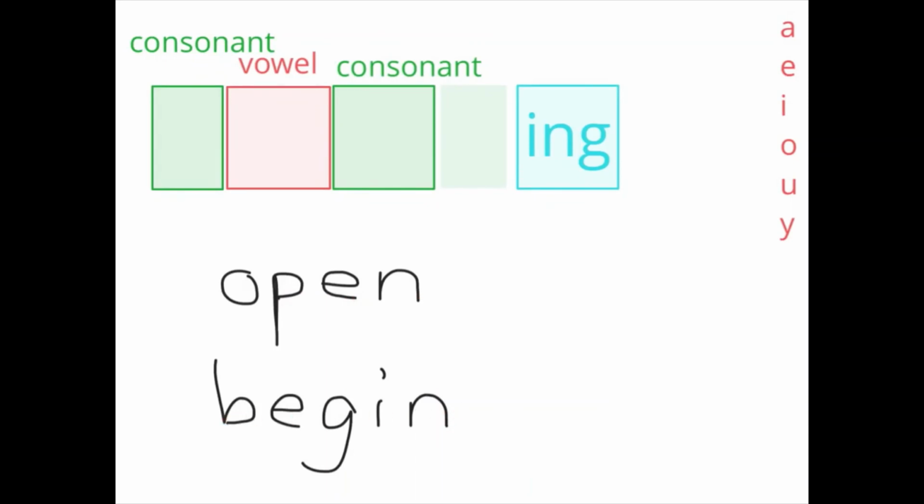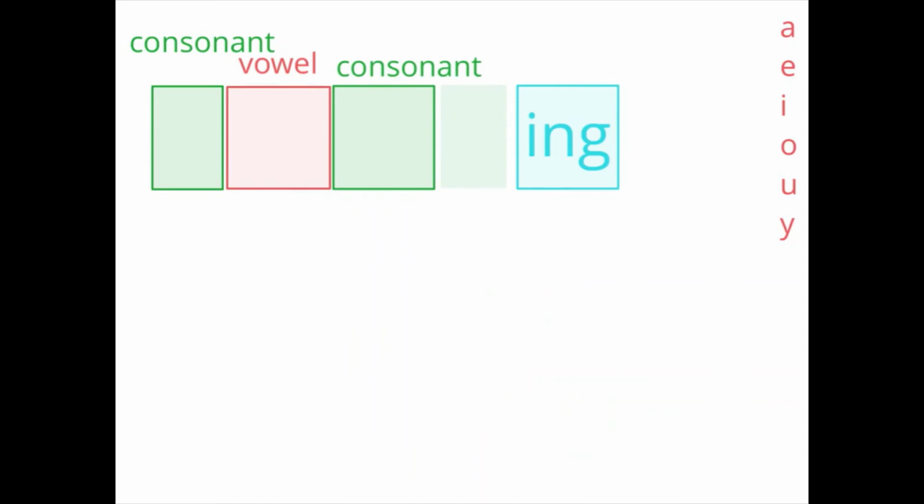We want to decide if with the word open, we are going to double that final N and then add the ing, or if we are not going to double the final N and then add the ing. And with beginning, the same thing. We are going to decide, do we need to add another N, double the N, and then add ing, or do we not need to do that? To answer this question,